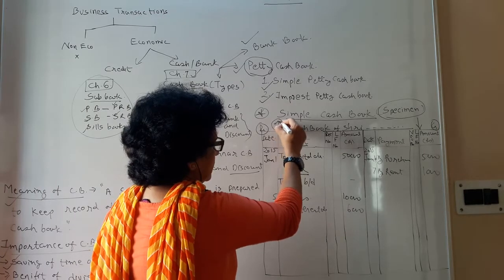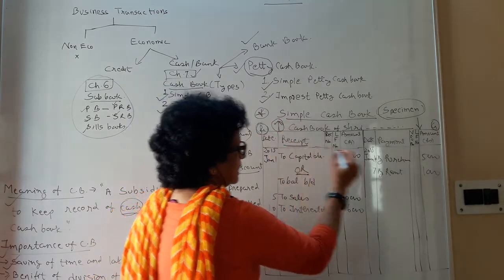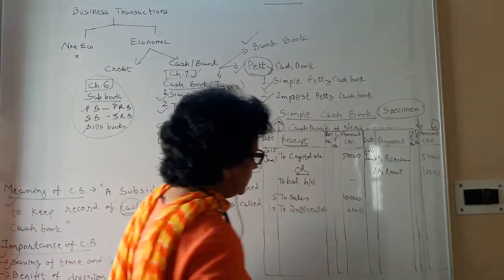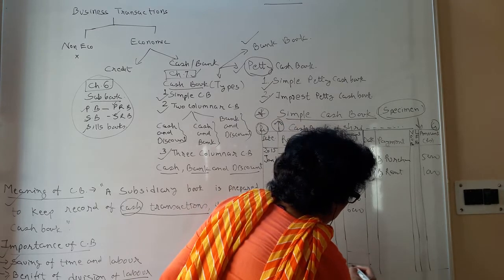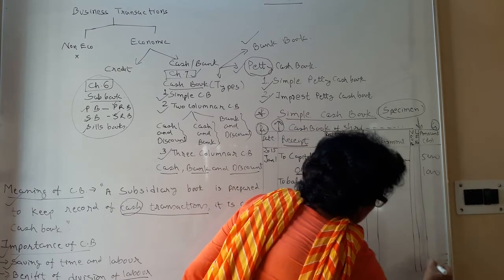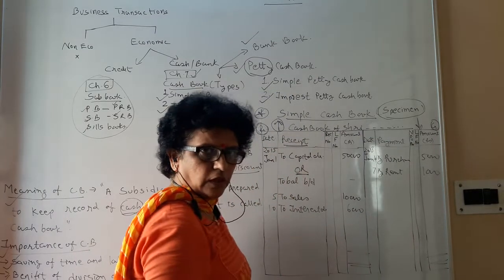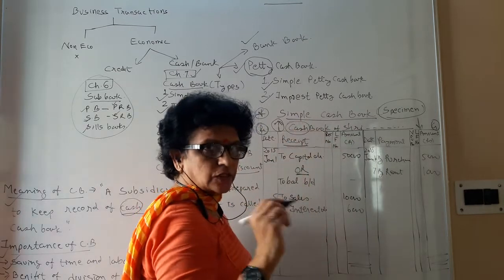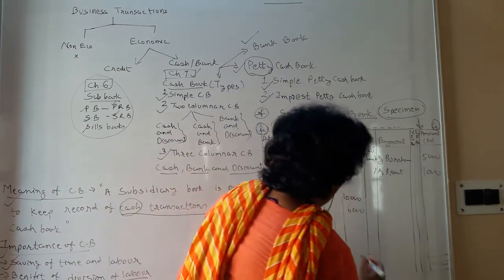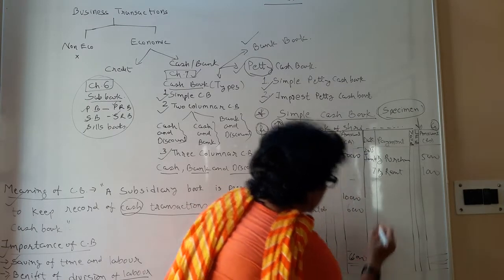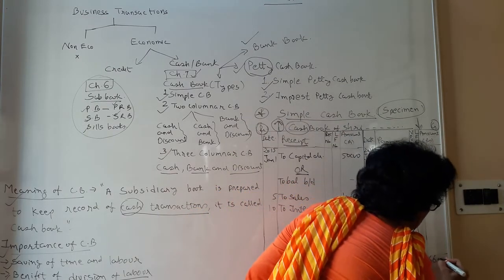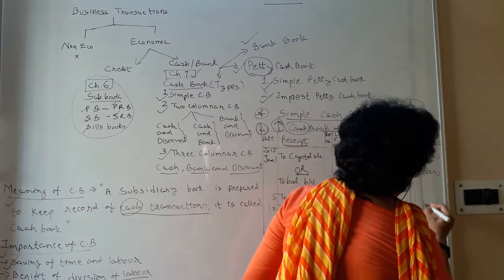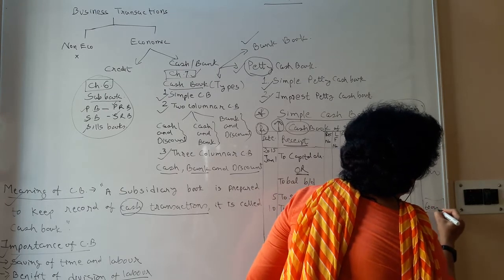Any increase in cash is recorded on the debit side and any decrease in cash is recorded on the credit side. Like this you continue. At the end of the month, you make the total. The higher side total first, which in the case of the cash account is always the debit. Here you have 66,000. The same is recorded on the opposite side: 66,000 minus the 6,000 you have spent, so your balance remains 60,000.